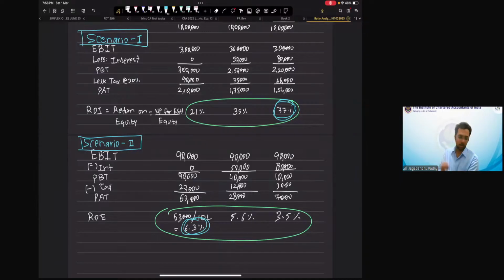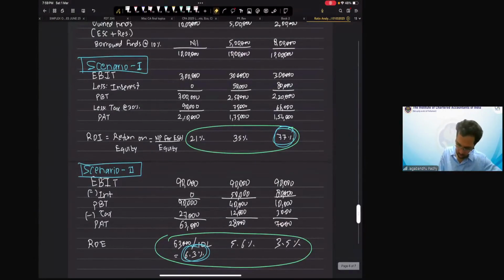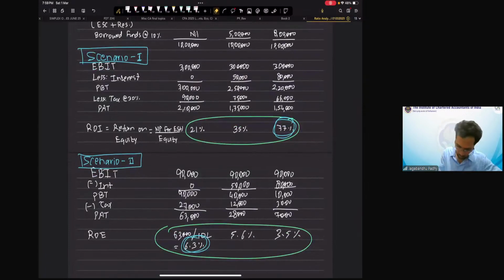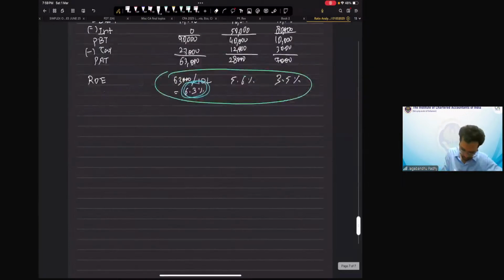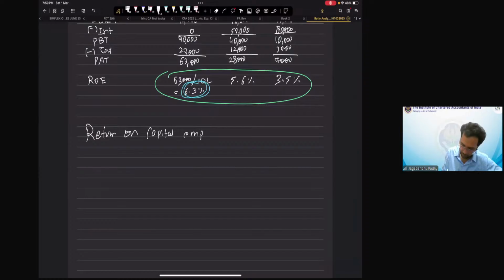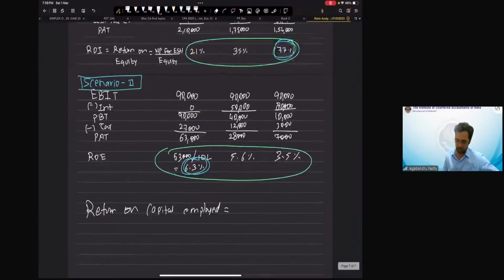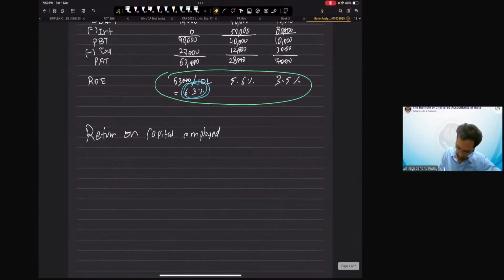Right? Now, why is such a situation happening? Why are the two different situations coming up? That answer lies simply on a number, what we call as return on capital employed. It depends on return on capital employed. Now, return on capital employed